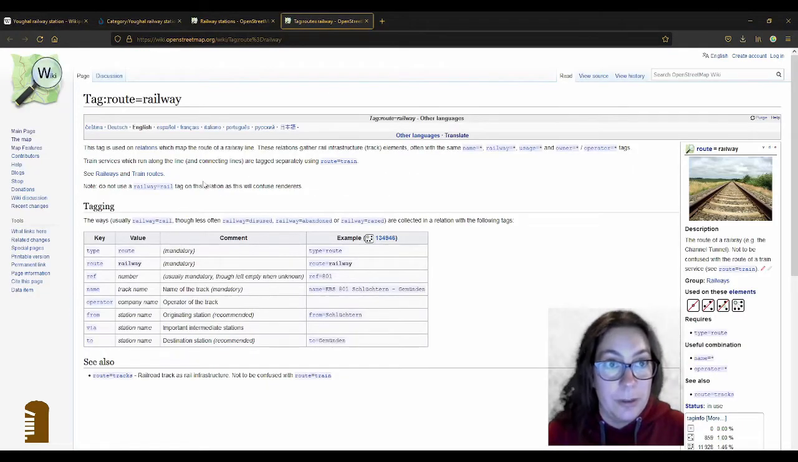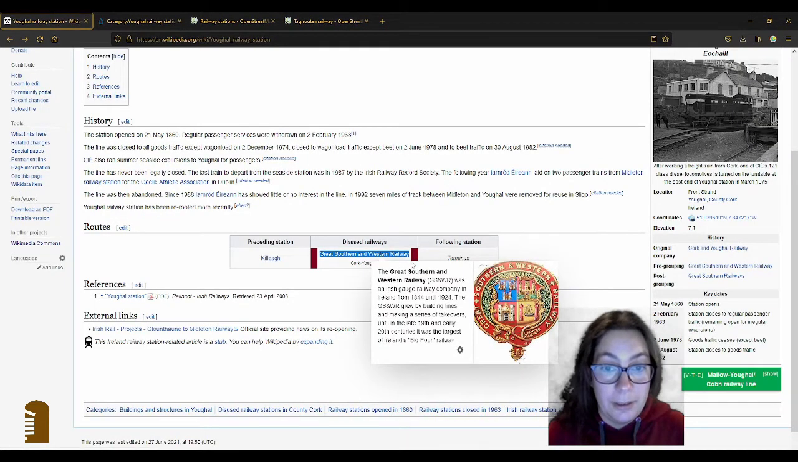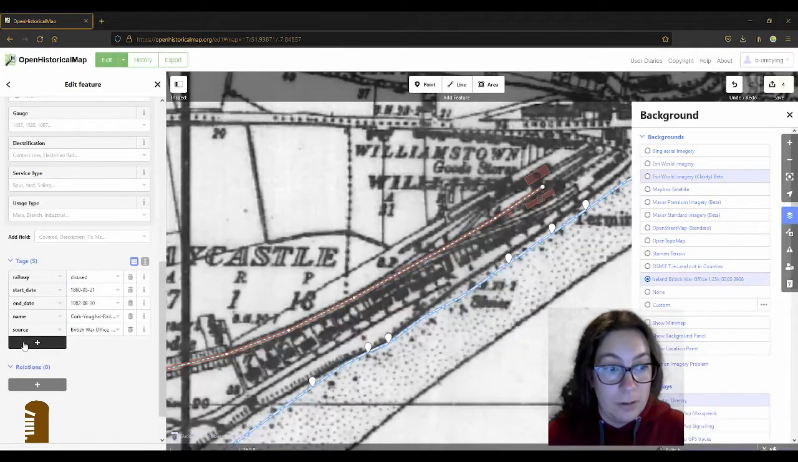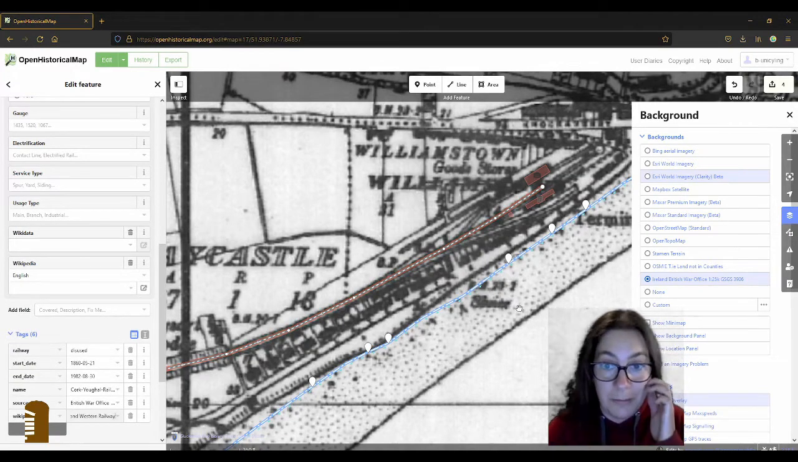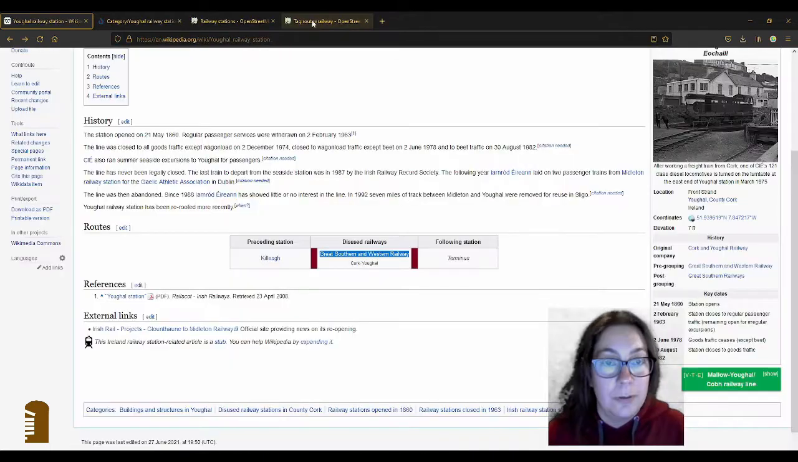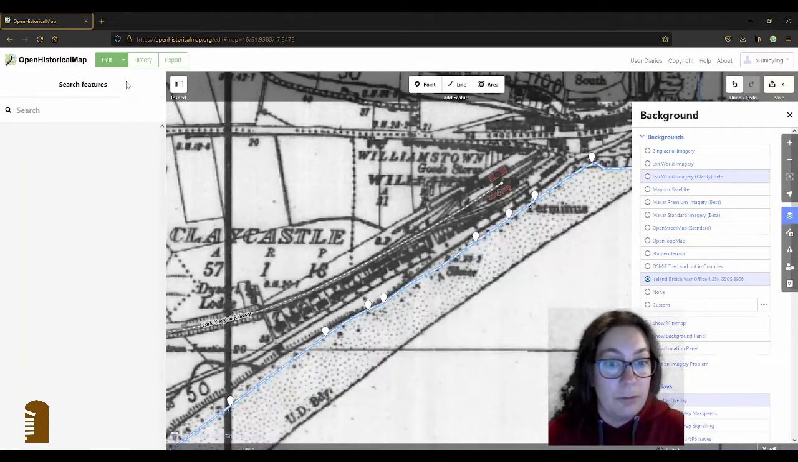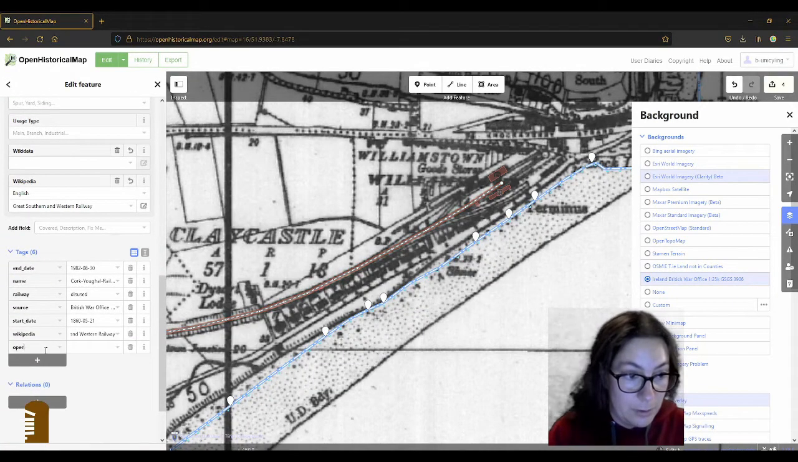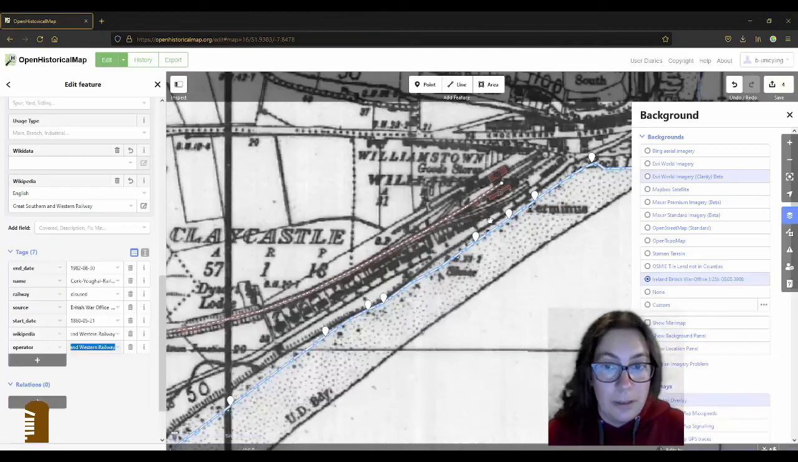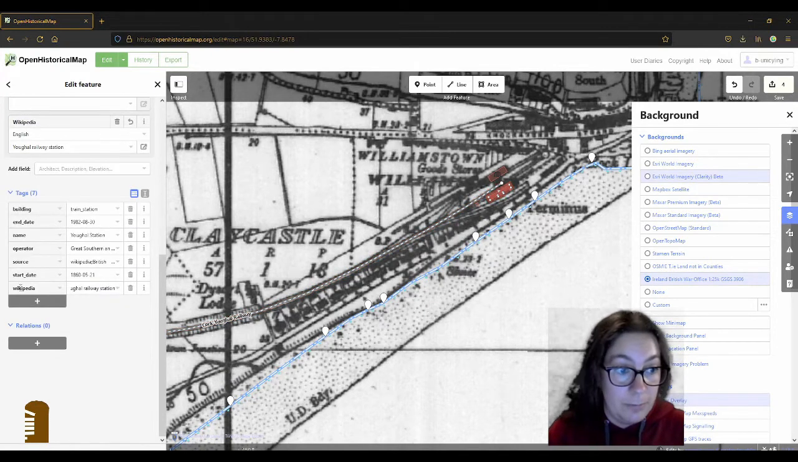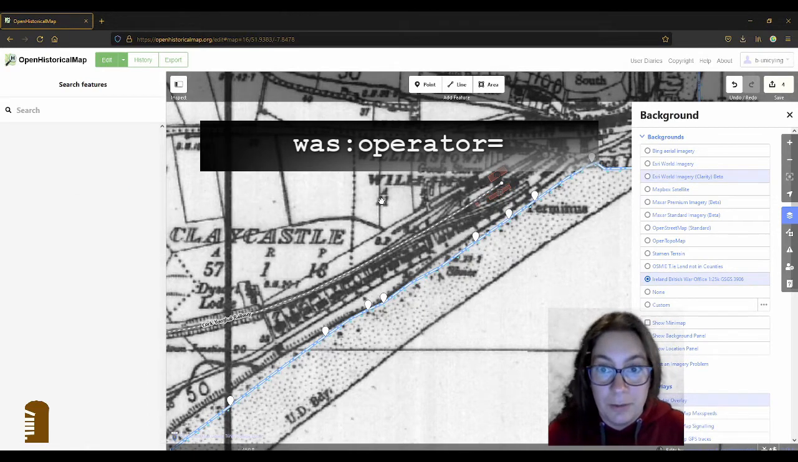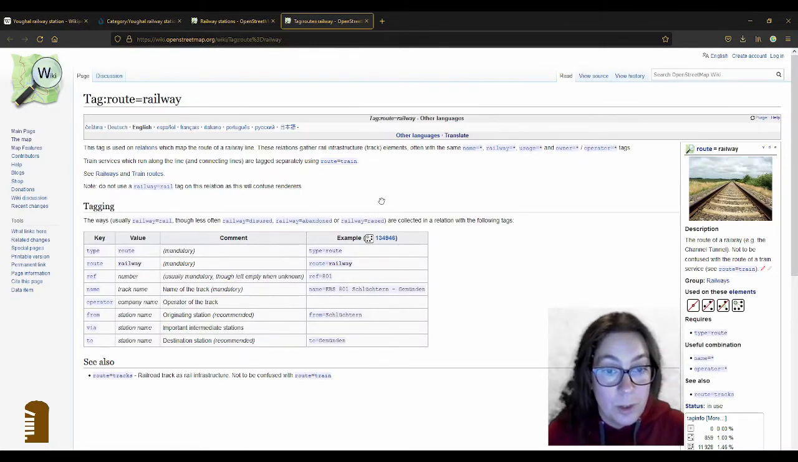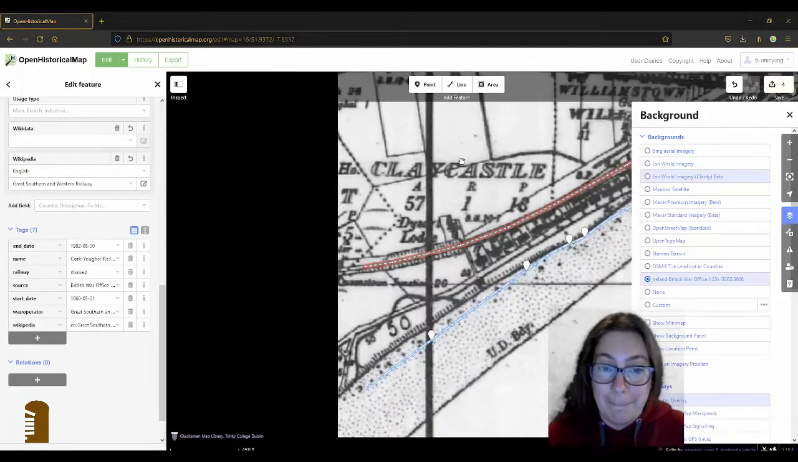And here we could, I guess, add the link to that, the Great Southern and Western Railway. So Wikipedia en: and that. Operator, did I do that already? No. I guess I should use was operator because it's not existing anymore. This is one of the life cycle tags that you can use, was amenity graveyard or something, if the graveyard isn't used anymore. You just put was: